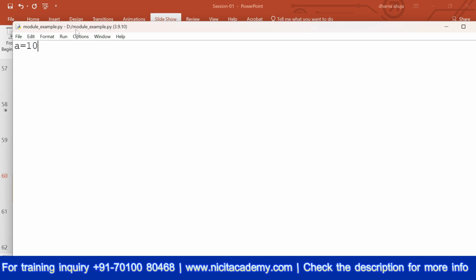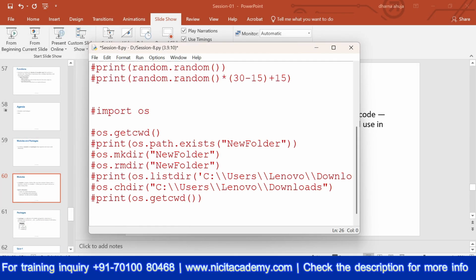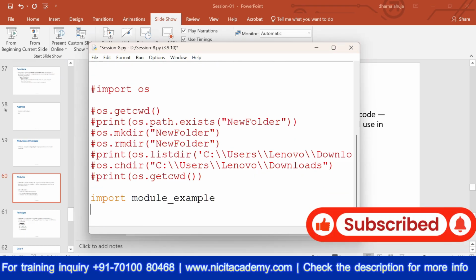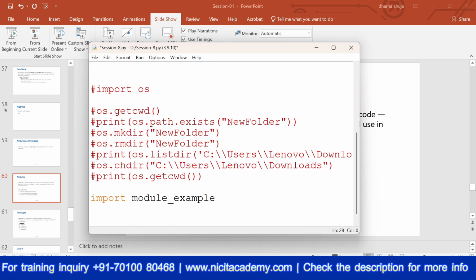This module_example is the module name only. So we write import module_example like this. And then you can use module_example.a and then print.